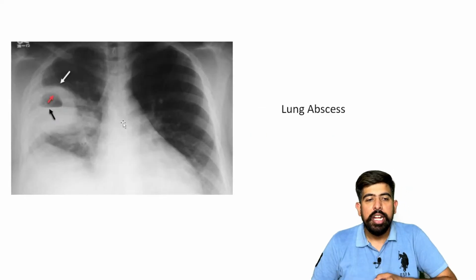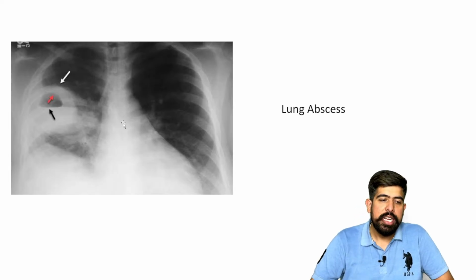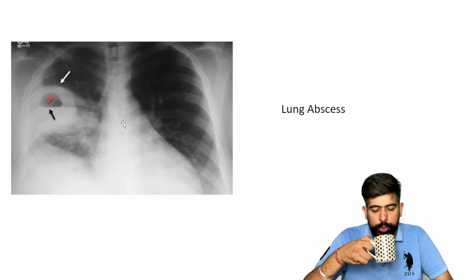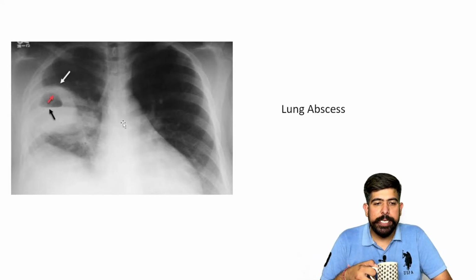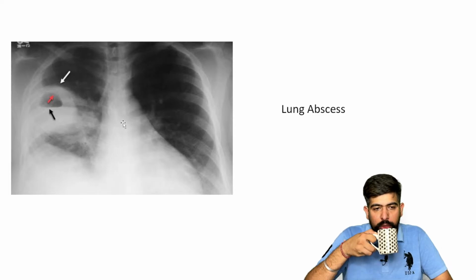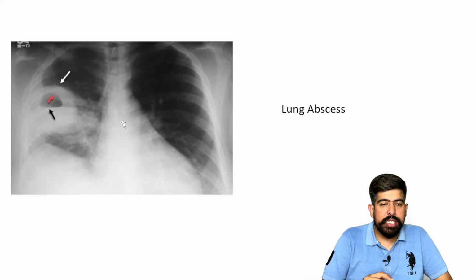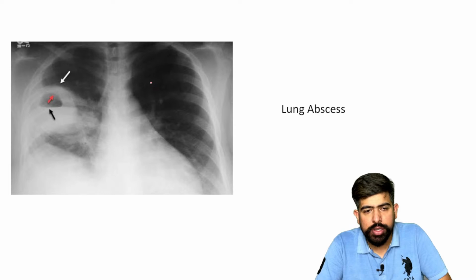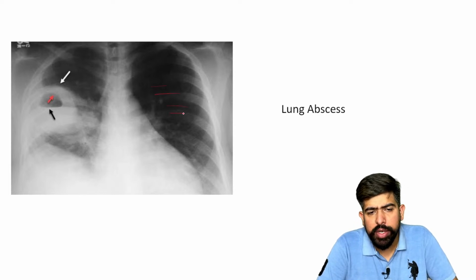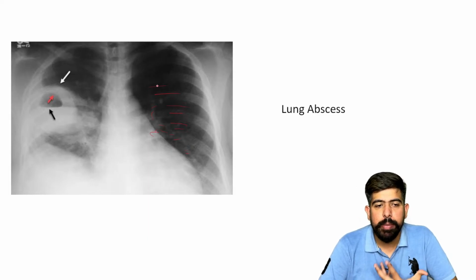So this is the image. Now you can see over here. Tell me which sign is seen in this lung abscess image. What can you see over here in the lung abscess? As you can see, guys, here the lung is totally filled with air. So this blackening will be seen a little bit, and this white little bit will be the tissues of the lungs. It will give the image of lungs.